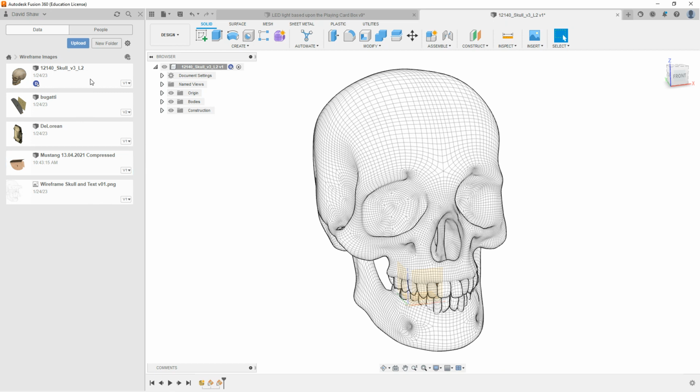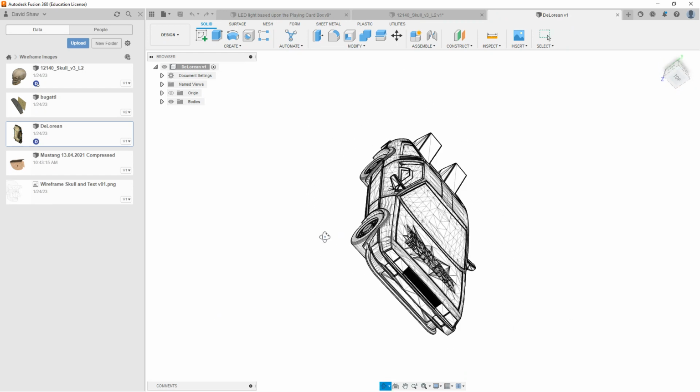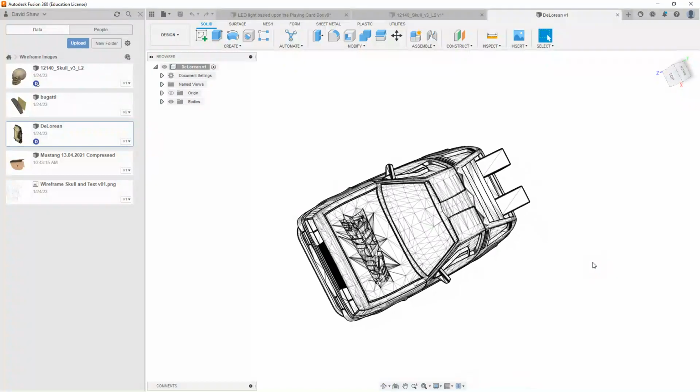I haven't got the skull uploaded yet. So what I'm going to do is look at the DeLorean for a second. Let's have a see the DeLorean image. Yep. Okay. So I'm not going to put the text onto the DeLorean image, but I'm just going to highlight here that if I put it like that for the time being, if I were to add in, for example,